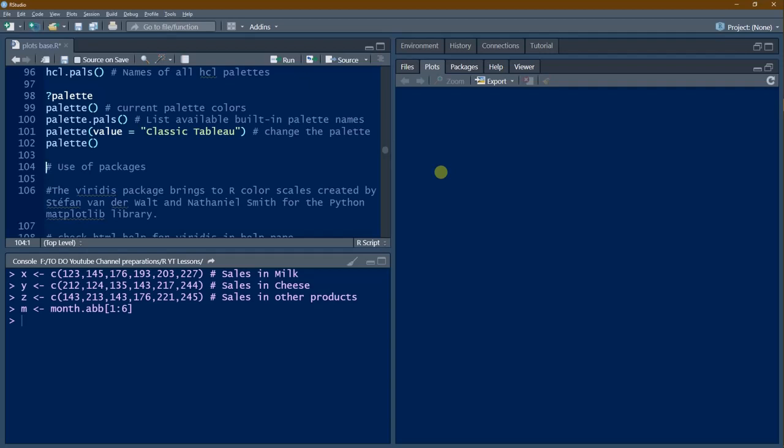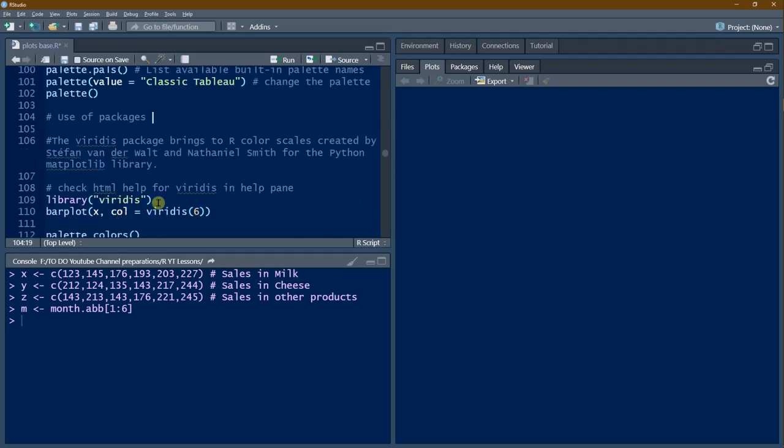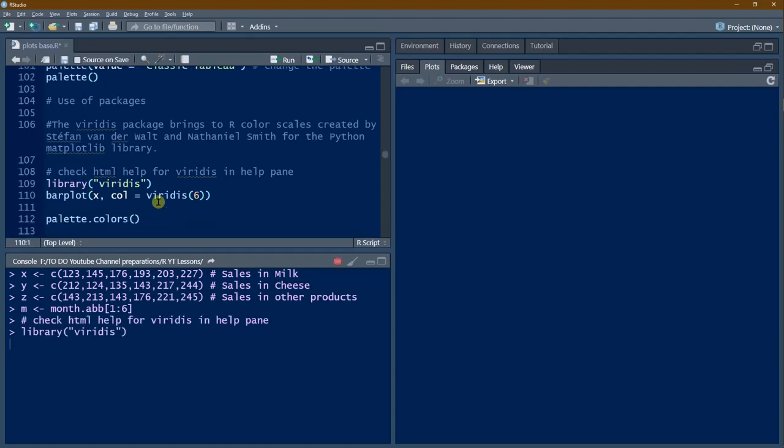The same thing is available in R also. So we can load Viridis here, library(viridis). Now in the last session we defined the three vectors X, Y, Z, which are sales in milk, cheese and other products for the company. We'll use the same vectors and we'll draw a bar plot with X and color from the Viridis package.